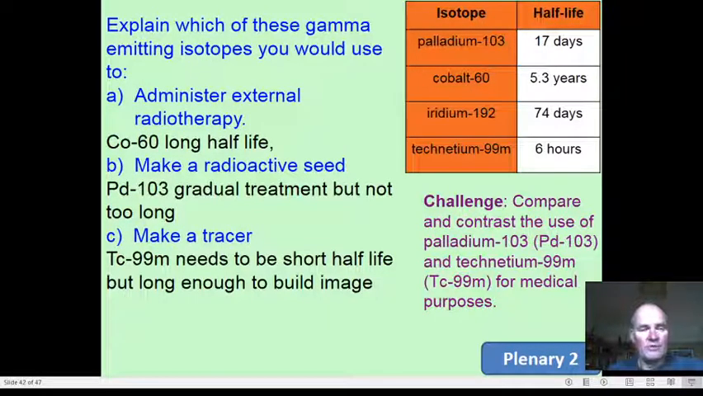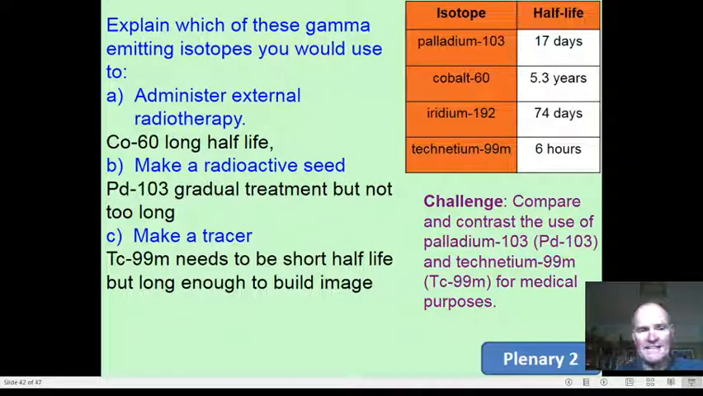Answers then, if you've paused the video and had enough time to do that one and I haven't given it all away. To administer external radiotherapy, this is when it's outside the body, so you don't want the thing to have to keep running out and getting new stuff. Okay, so if you have cobalt-60, it has got a half-life of 5.3 years. So once you've set up your external radiation sources, it'll be there for a good few years, and that's what